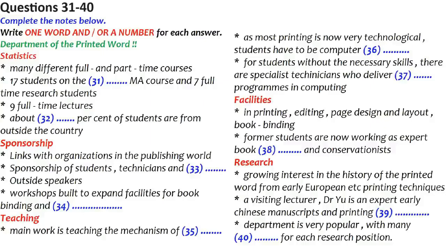We have a thriving research department, with 17 students on the taught MA course and 7 students doing research full-time. In all, we have 9 full-time lecturers and 16 part-time lecturers who work mainly but not exclusively in our evening department. Of the total student body, approximately 21% are from outside the country, a number which has been increasing steadily